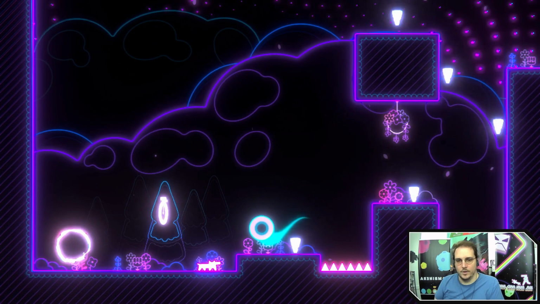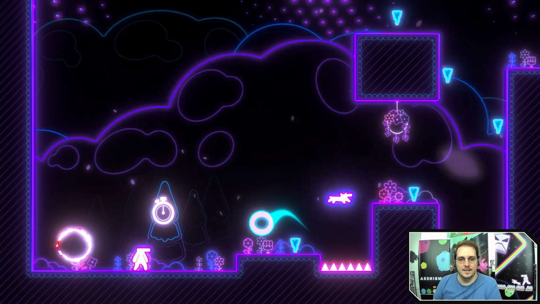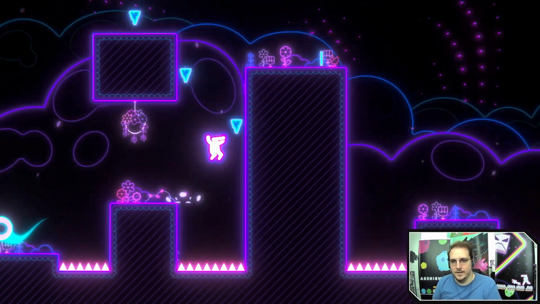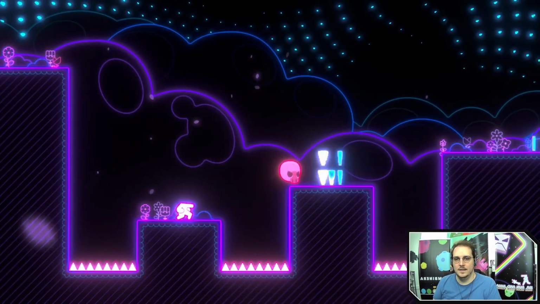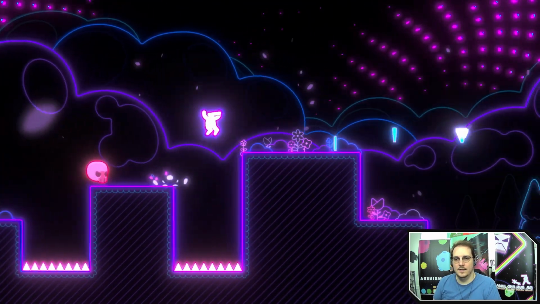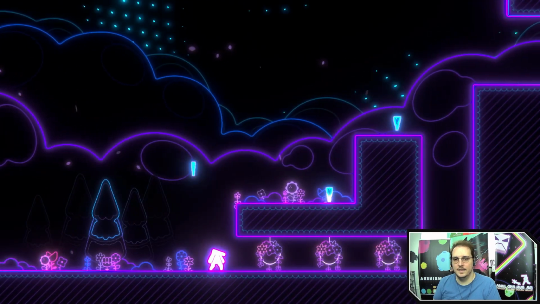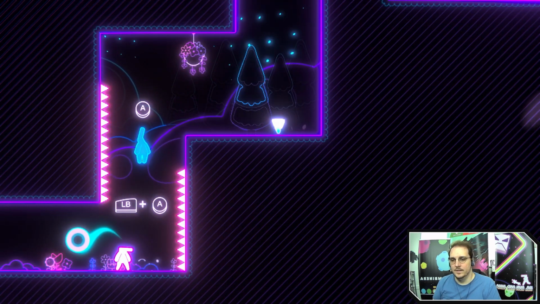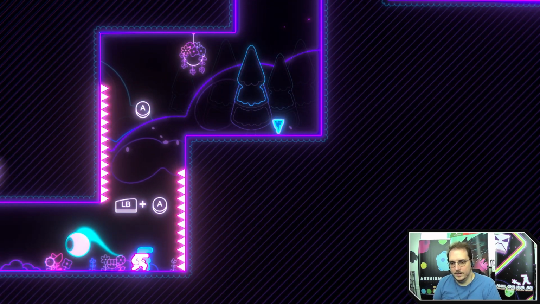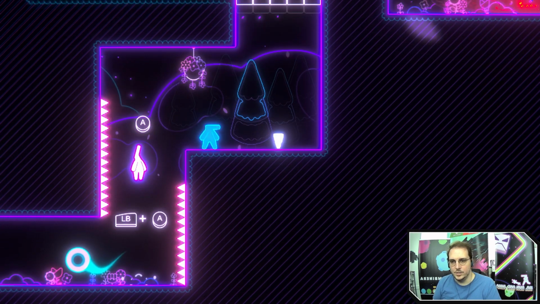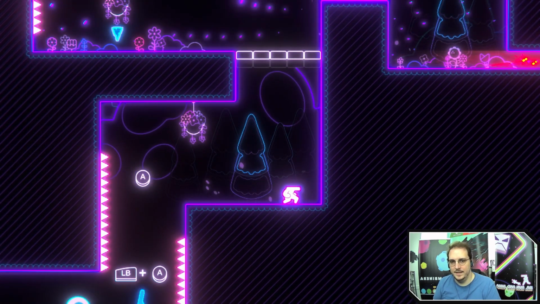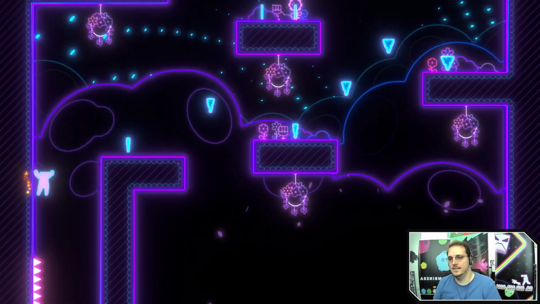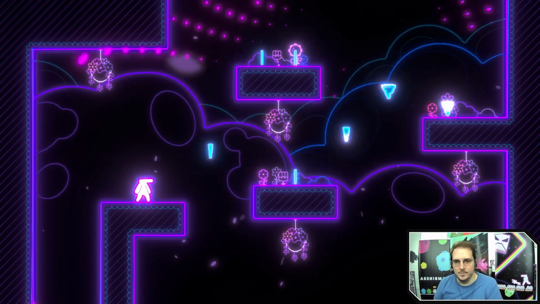And here we start getting into some more complicated movement. There goes Leap. We're still chasing after that dog. Get over this guy. There we go. So you see we have our roll, crouch and roll. And if we jump while we're crouching, we get this high jump. Pair that with a double jump. So that gets us through things like this. Do a high jump, double jump, wall jumps, get up here.